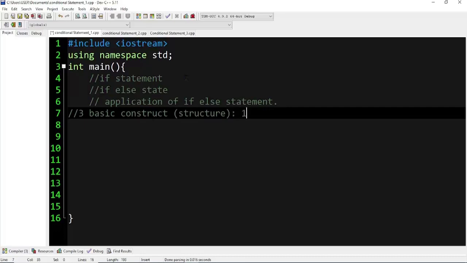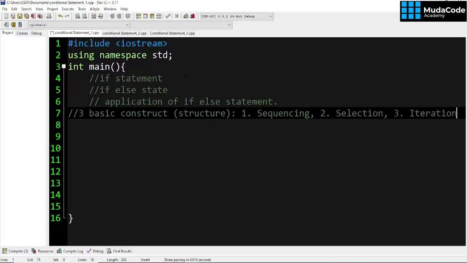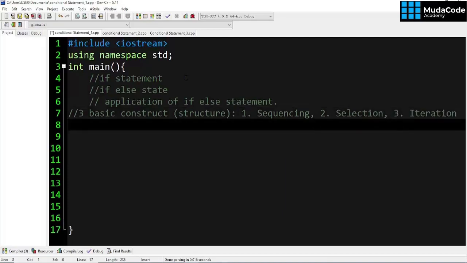One is sequencing, and two is iteration. Or let's put iteration last: selection, then iteration. Good. So what I actually mean here is that the three basic constructs of every programming language